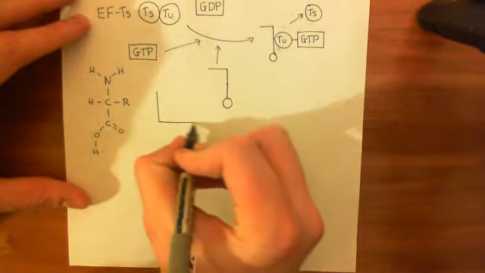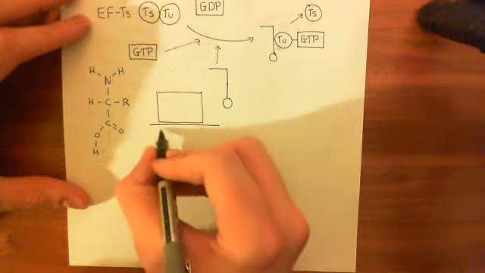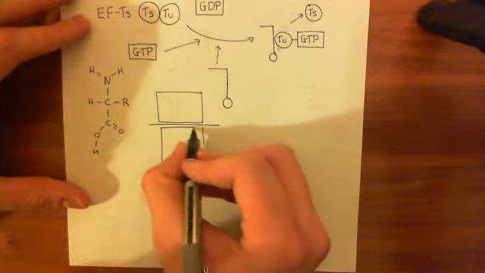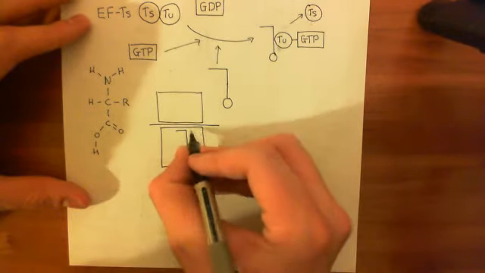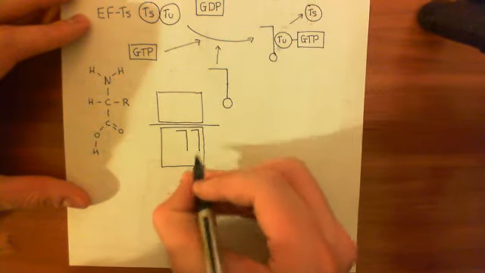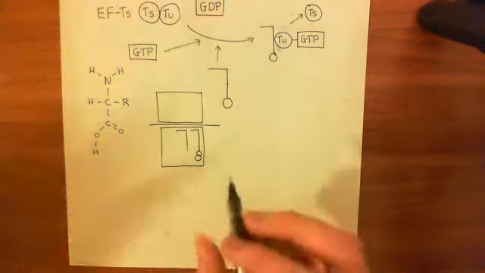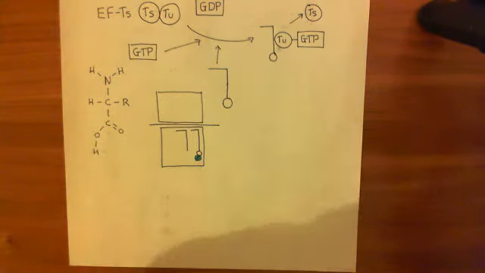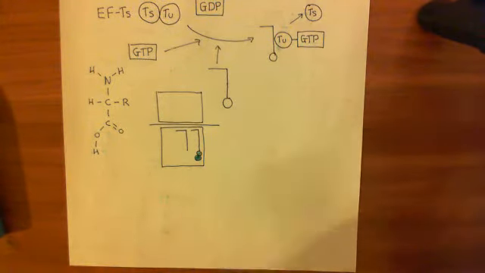So here is the 30S ribosomal subunit here. Okay, here's the mRNA in the middle here. Here's the 50S ribosomal subunit here. Okay, and now we still have this tRNA here, but no longer does it have the formylmethionine bound to it. Instead, you now have the second tRNA, which has not one amino acid anymore, but 2 amino acids bound to it. So this amino acid here is the formylmethionine in blue, and in green, this is the amino acid that was originally bound to this tRNA